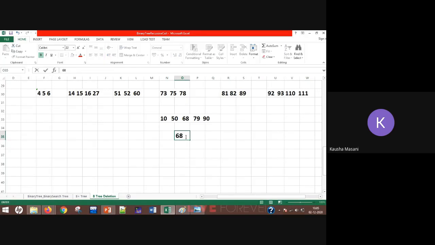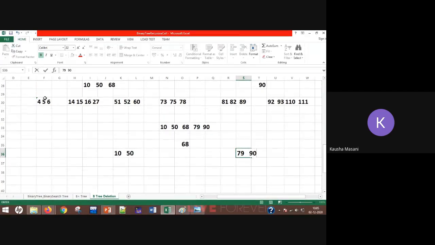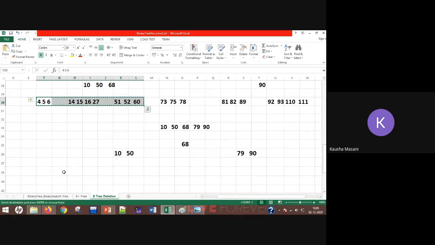So now your new root is 68. On the left of 68, what do you have? You have 10 and 50. On the right of 68, what do you have? You have 79 and 90. Now see these 1, 2 and 3. These are going to be unchanged.